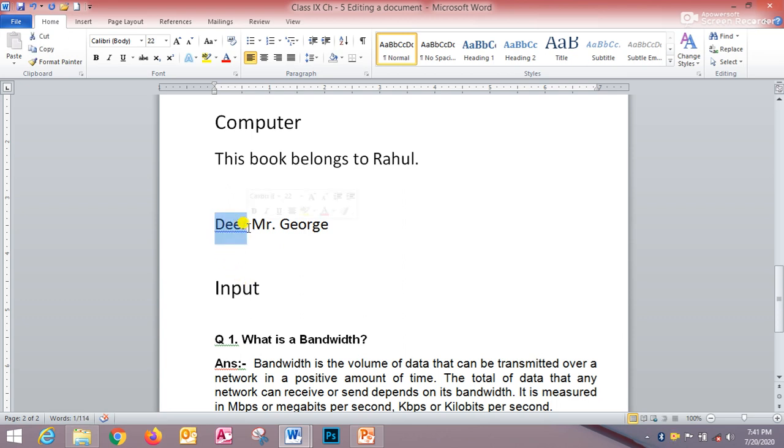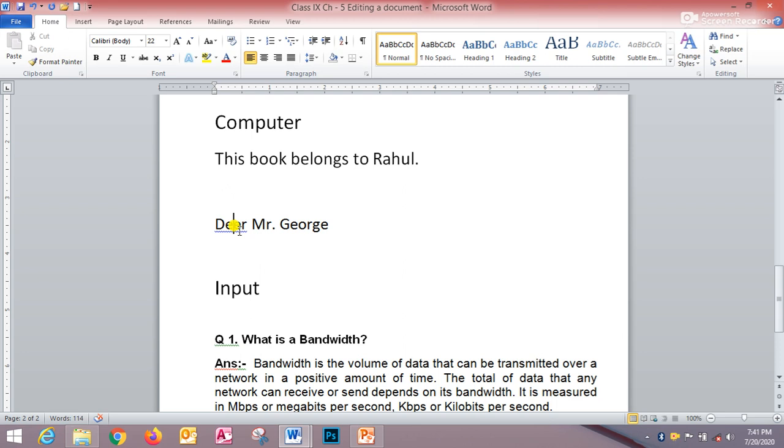This is the correctly spelled word, D-E-E-R, it is also a word. It is correct. But it occurs when a correctly spelled word is used mistakenly for another word. Means I want to use here another word, but by default the spelling of the word dear, D-E-E-R, is correct, right?